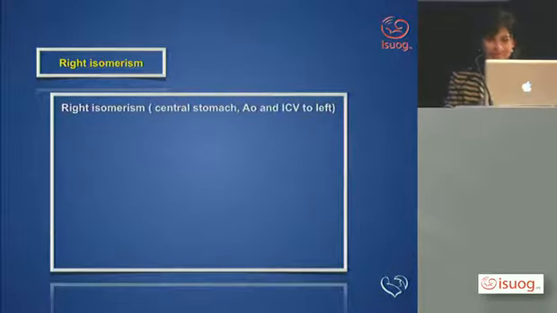Right isomerism. Central stomach, you have to describe everything. Central stomach, aorta and IVC to the left. Now, this is important to describe where they are because you need to follow to see where the blood is going to go to, because it could go anywhere. There's no rule. There are things that are more common. Heart on the right,